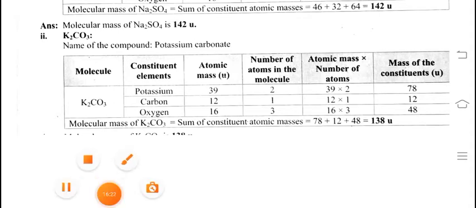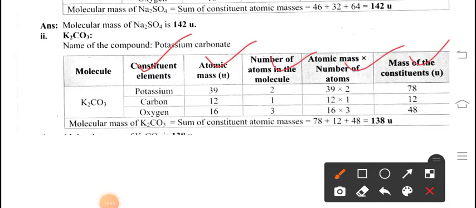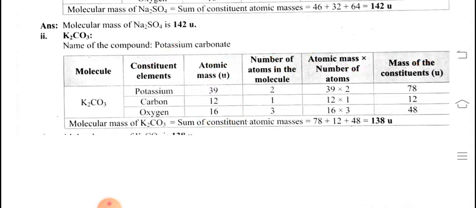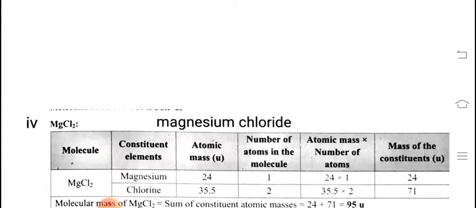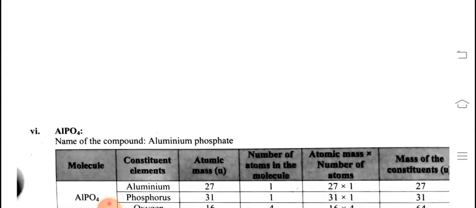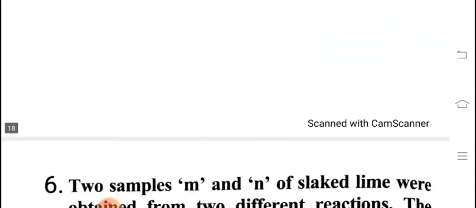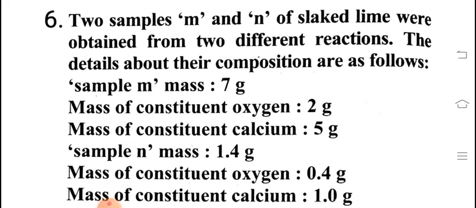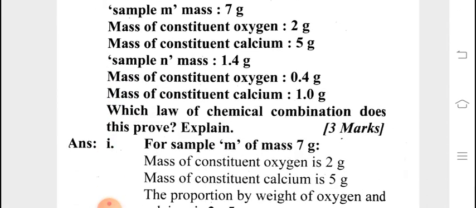Similarly, we can find out this question also, K2CO3. To solve this, you should know the concept of this table. You have to learn this table, and afterwards you should know the atomic masses for all the atoms. This is very, very important. I have given the solution for everyone, so please go ahead with every one. Very easy, just solve it once. You will get to know how to solve these questions.